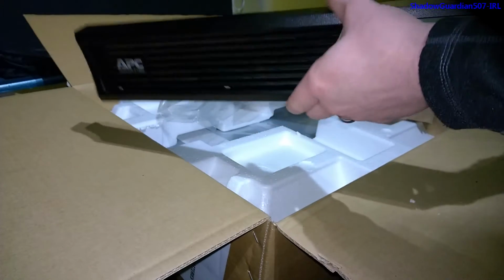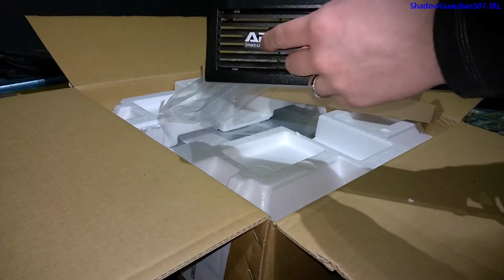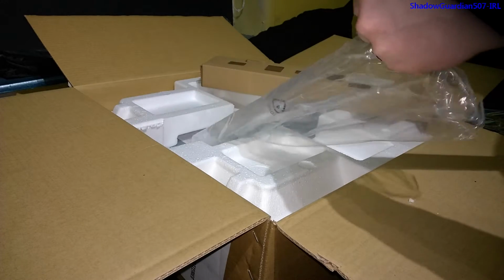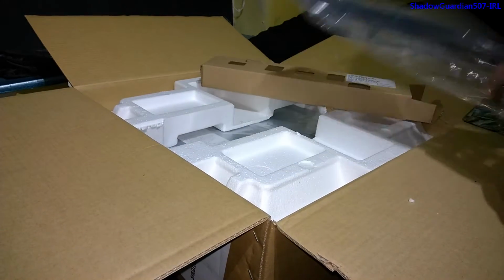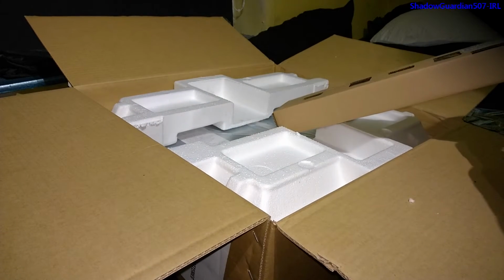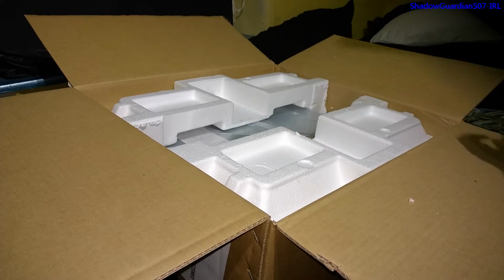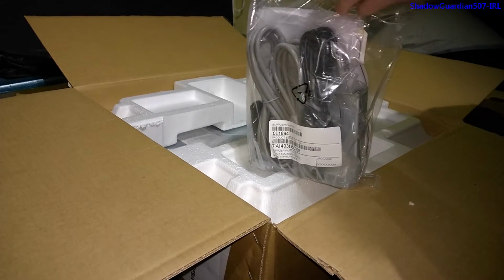As you can see, this is merely a plastic facade, and it clips over the front of the unit to hide the battery bay and protect the unit a bit at the front. So, going back to the bag of bits,